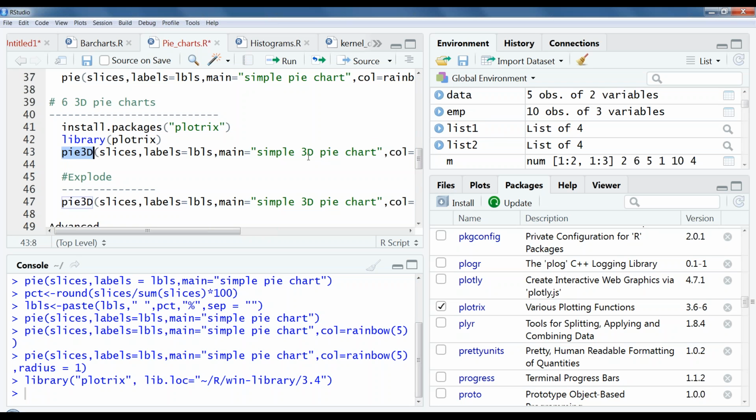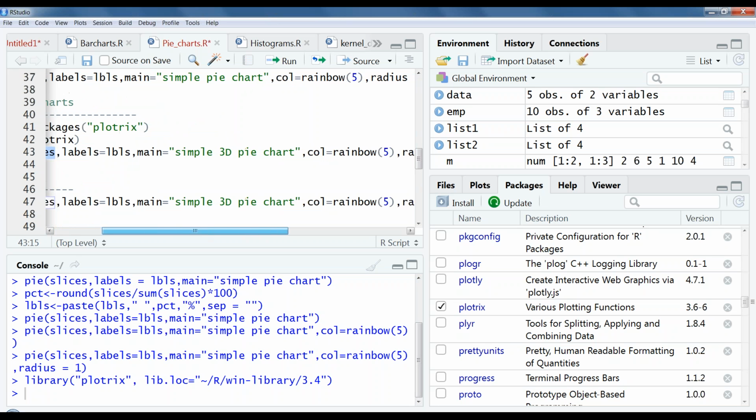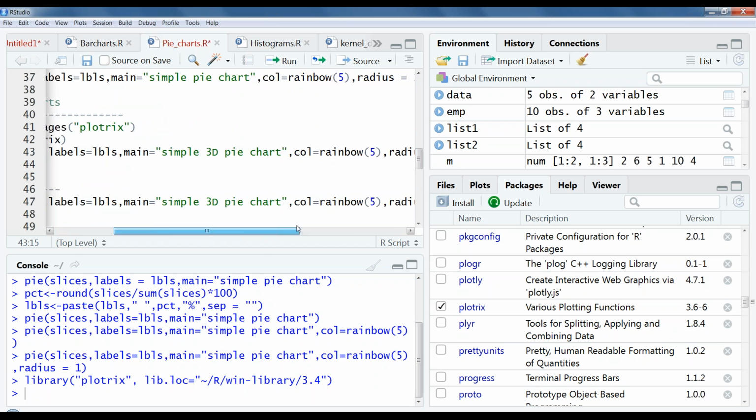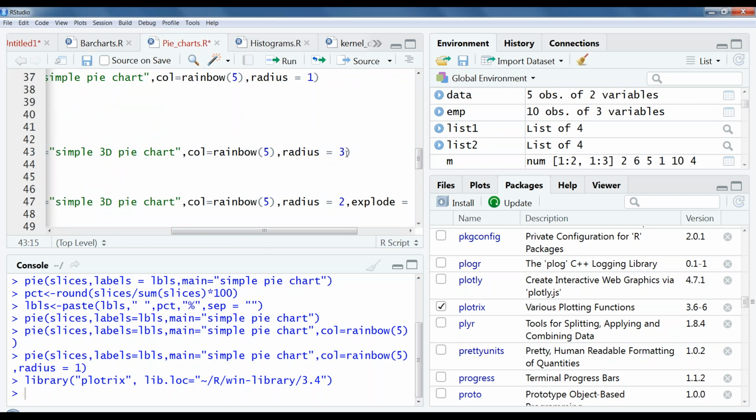For 3D pie charts, the function we are going to use is pie3D, not simple pie. We write pie3D, and the vector, slices, remains the same, the labels also the same, and the heading main also the same. Color also the same. Again for radius, as of now for timing, I'm going to give 1.